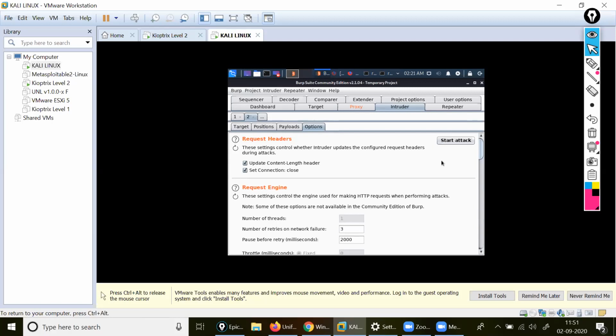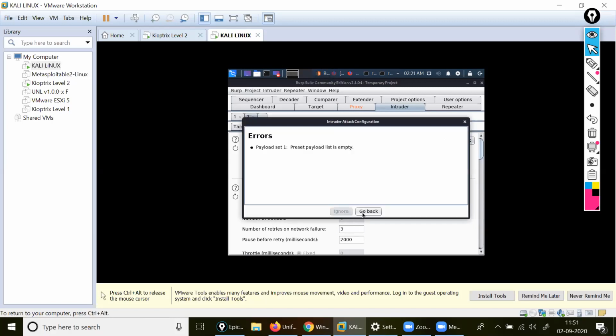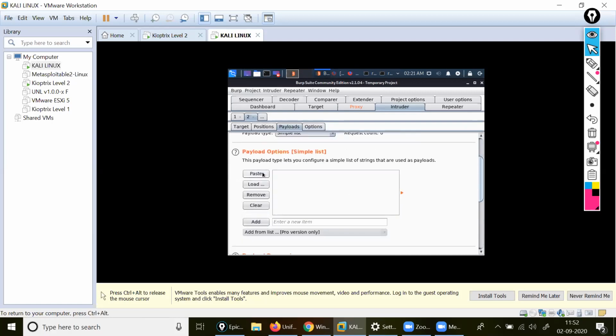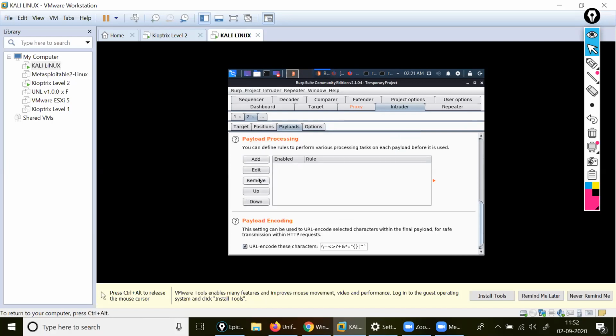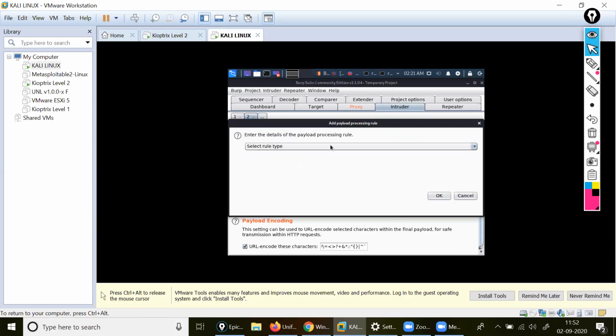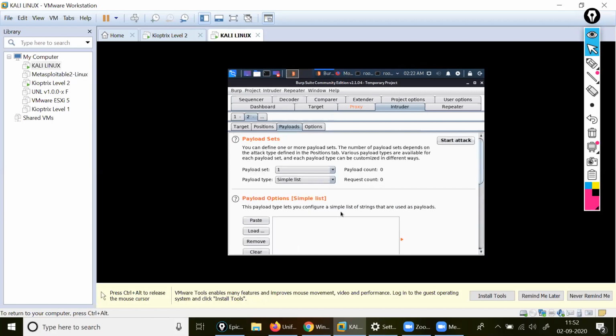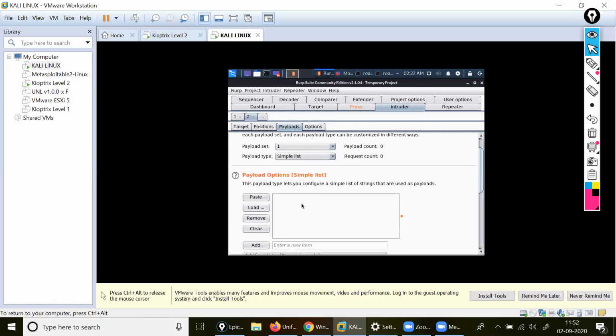Into the start attack. Payload. Paste. This is the way you will get it. Okay. URL encoding character. Control C. After that, let me come here. Paste it.